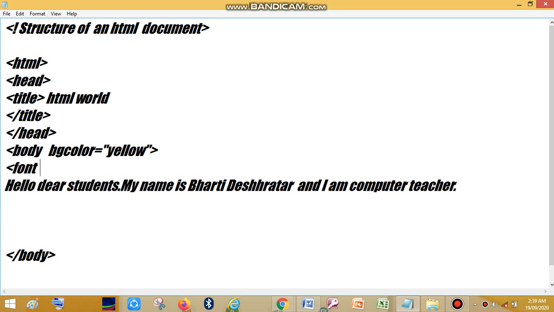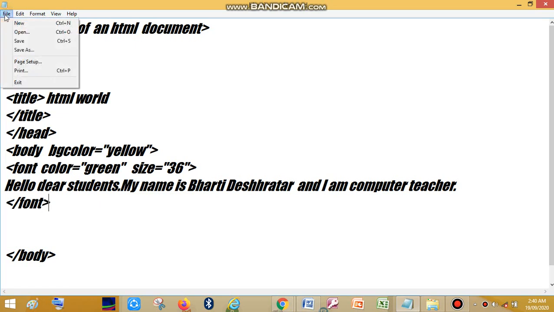And for giving color to your font, you need to write the color attribute and write its value, green. You can mention size also in the font tag: write the attribute size and then write its value, like 36. Font tag is also a non-empty tag, so you need to also close this tag and then save this HTML document again.